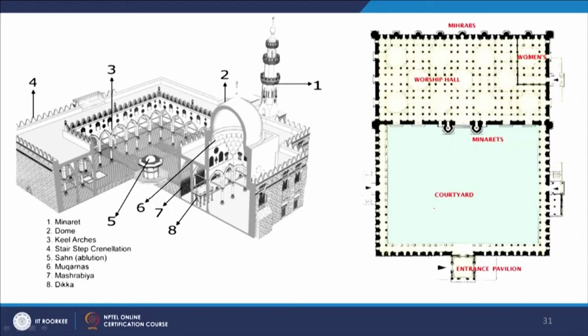There is also a system of creating hierarchy of spaces. So as one enters the courtyard, and then how you enter this zone which is the prayer hall, and how for women there is a separate zone. So there is a system also in creating the hierarchy of spaces, there is a system to create the organization of the space, how one moves and circulates, and how one enters this main worship hall. So that kind of a system is also there which could be analyzed and studied to understand the built form